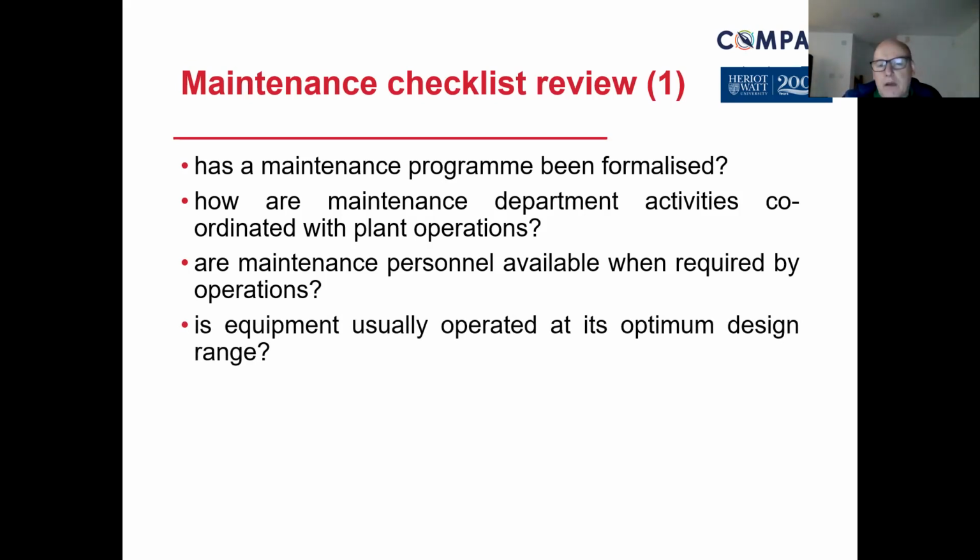Is it usually operating in its optimum position and optimum design range? So what we're saying is, think of a speeding car really. If you're going at 56 miles per hour, that's the ideal. But how often do we get the opportunity to drive at 56 miles per hour? And therefore the range might be from 0 to,